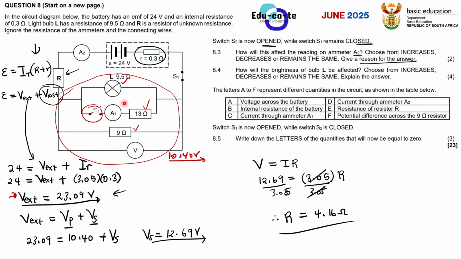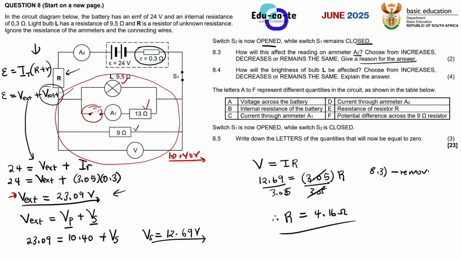Remember that when you are removing a resistor in a parallel combination, what happens to the resistance? It will increase, right? The total resistance will increase. So that's the first observation that you can make there. Here you can now explain using your beautiful English words. You have to mention that opening the switch means that you are removing the 18 ohms resistor.